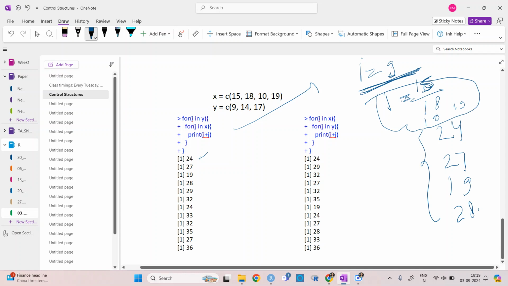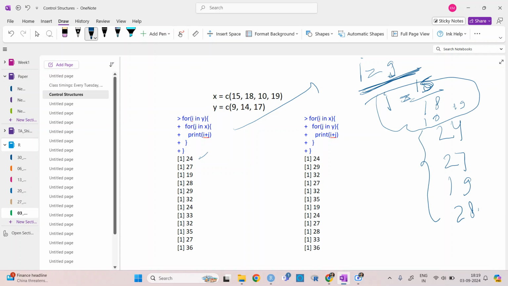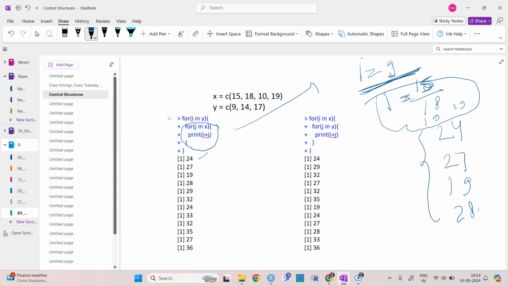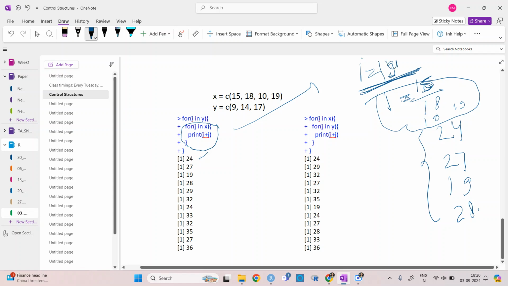Now the I value, once all the j is done. So here, for one I, like I is equal to 9, firstly all the inside work will be done. Okay. Next, I will change. So I will change to 14, then it will start again from j. So 14 plus 15 will be 29.